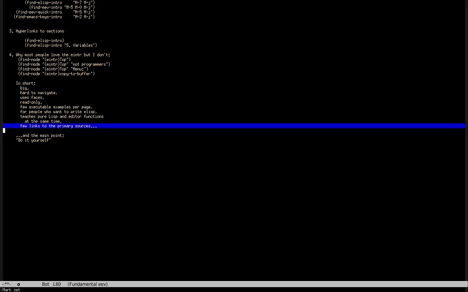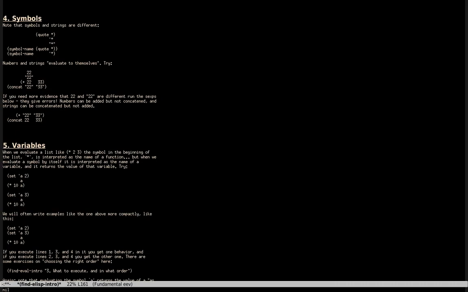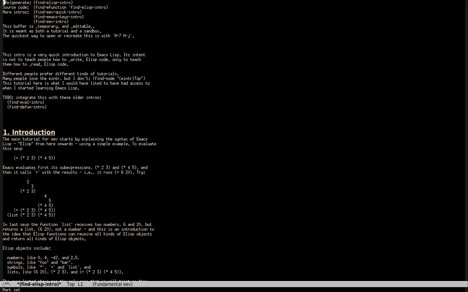Another thing that I really don't like in it is that it has very few links to the primary sources. Here we are inside Emacs, and it's very easy to access each one of the manuals and the source code. For example,